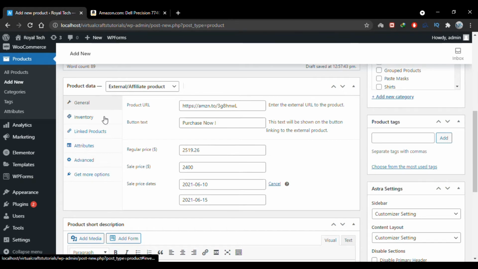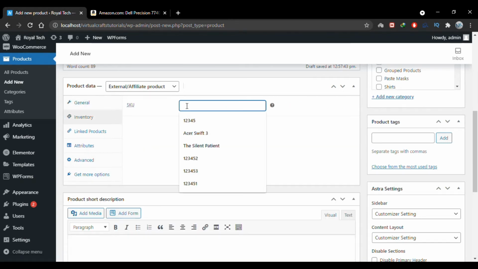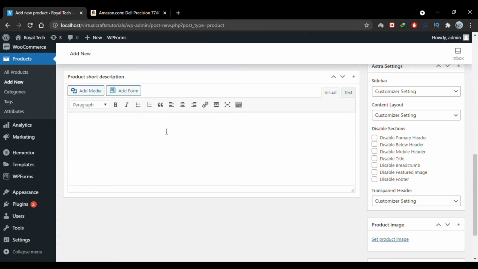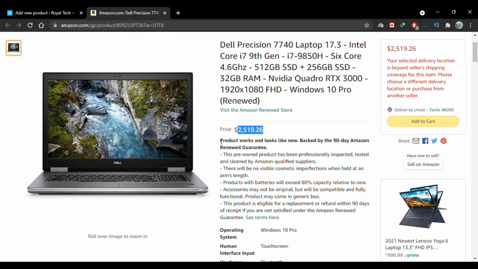I'll go to the inventory, and this is where we specify the SKU number for our product. This SKU number uniquely identifies our product in our store, so I can add anything, dummy text here. You can go through these tabs as we have discussed them earlier. I'll not get into that. I'll scroll down, and this is where we add the short description. So let me copy some from here again